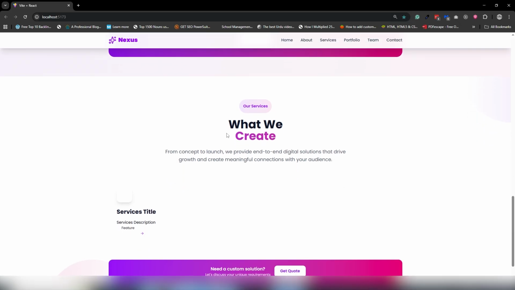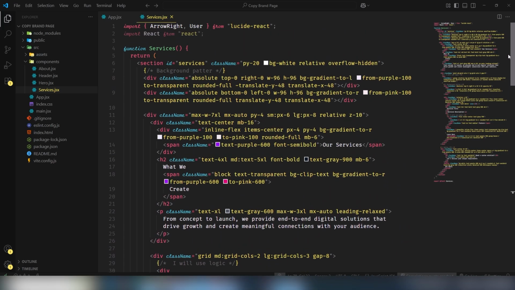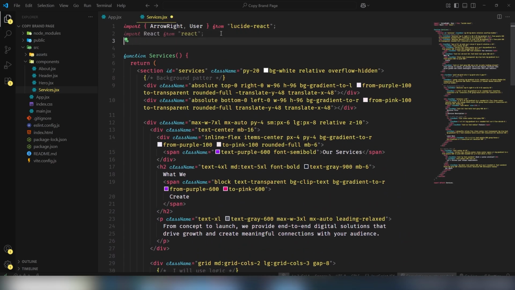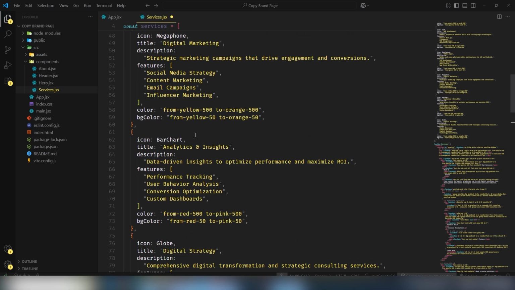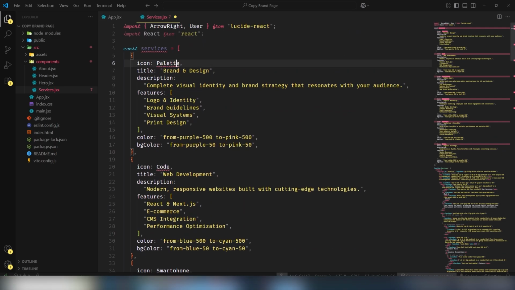So guys, I have designed our services page or component. We're going to use the logic to display the different types of cards, like icon, title, description, button, and so on and so forth. So I need to move to our code editor, and I just move to the top. At the top, I have an object, and the object has different keys and values. The first one is icon, so I need to import them one by one,